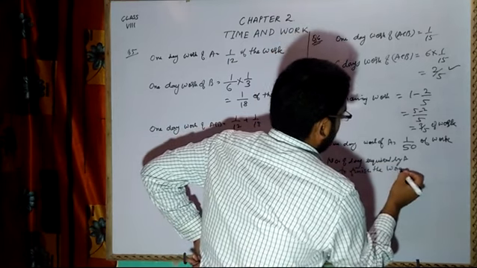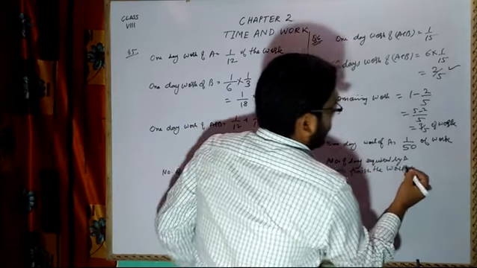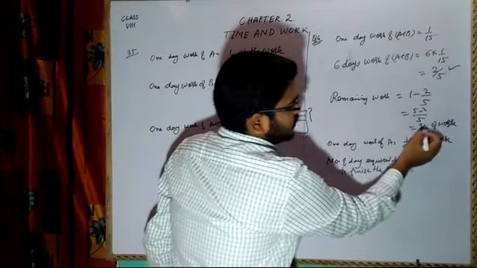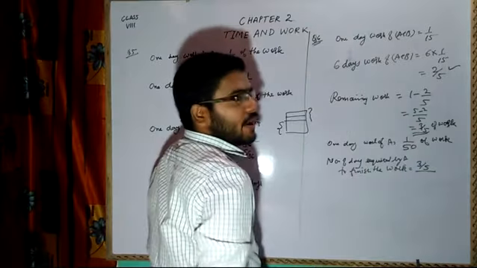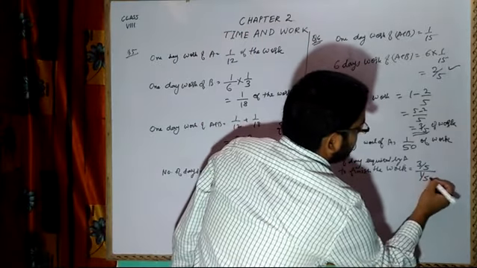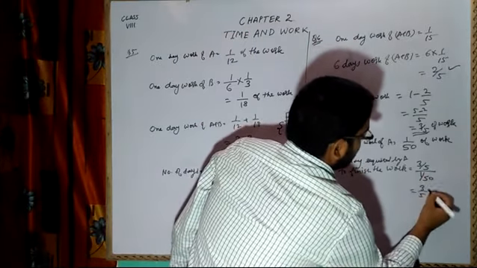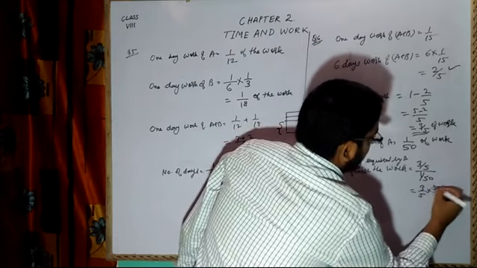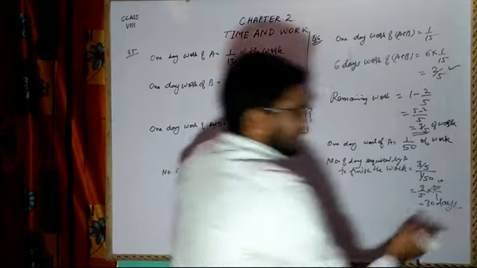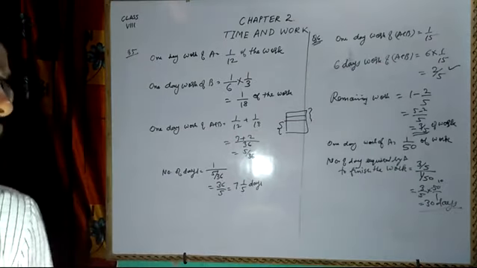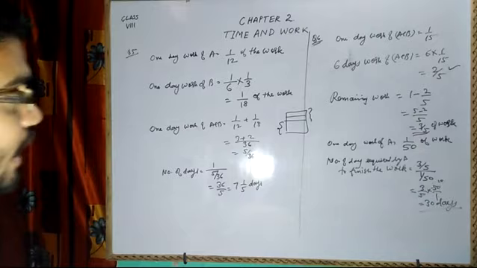the work will be equal to, what was the part of the work? Here the remaining work is 3 by 5. Who is supposed to do it? A is supposed to do it. So I will write 1 by 50. Then it will be 3 by 5 into 50 by 1. 5 tens, that means 30 days. Now here A can do the work in 30 days. So in this way you all can finish the solutions, problems.